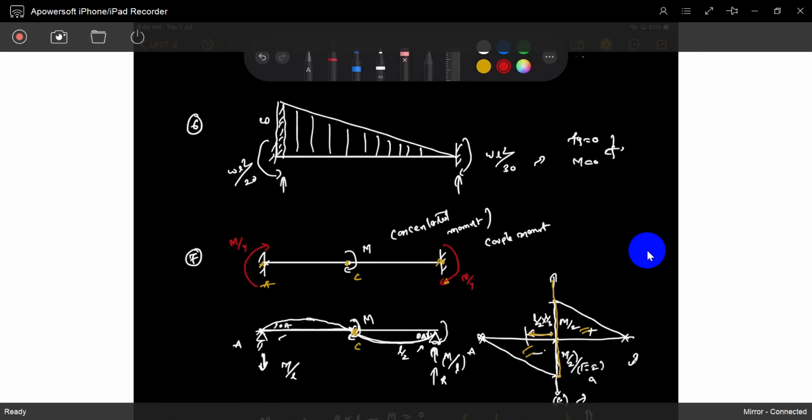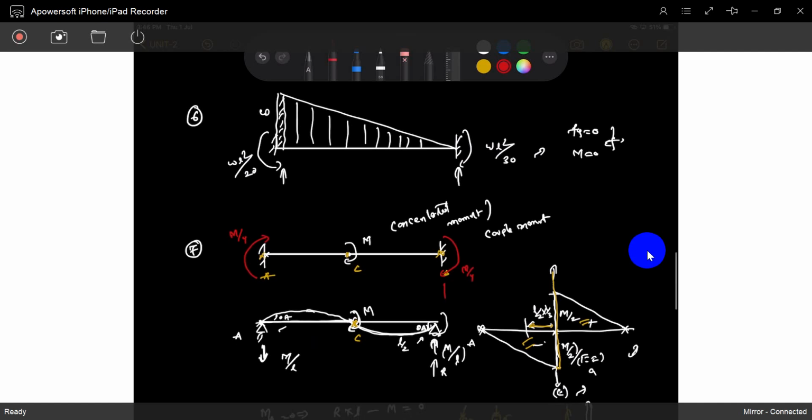Okay. So next you can write down what is the shear force. The directions are changing, so you can find out the shear force. What is the shear force? You can see it is RB. RB into L, minus of M by 4, minus of M by 4, minus of M, and it will come the same M by 4 direction. So this direction, this direction, this is also the same. M by 4 is equal to 0.